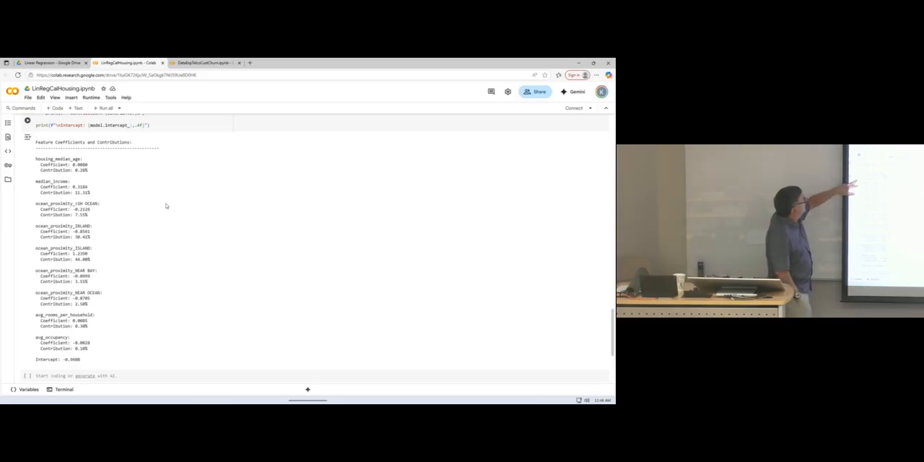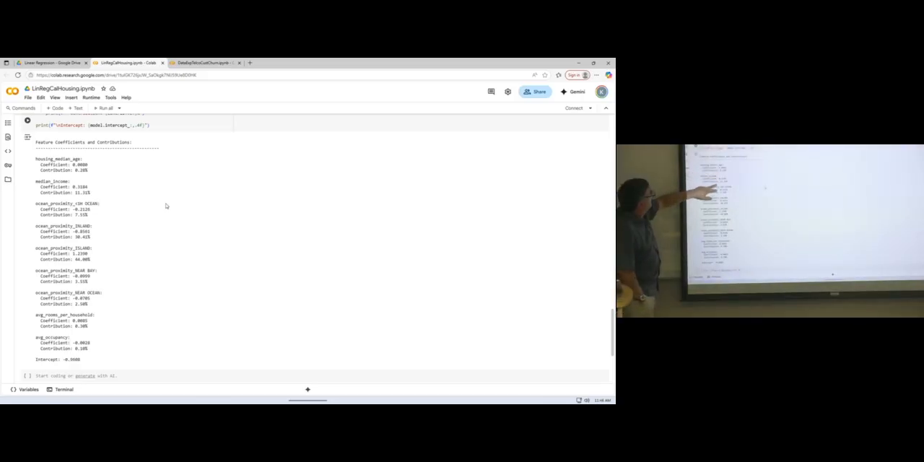Median age, 0.28%. Median income, 11%. You see how it decreases? No, I'm sorry, 11%. Ocean proximity inland contributes 30%. Proximity inland here, island is 44%, and so forth. So it gets kind of interesting when you take a look at this. You say, okay, you figure on age, but if you add up these five,